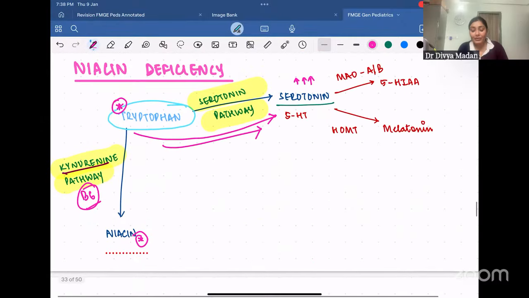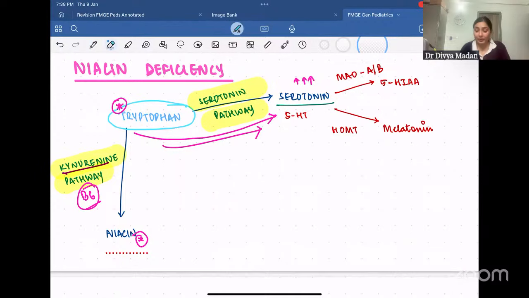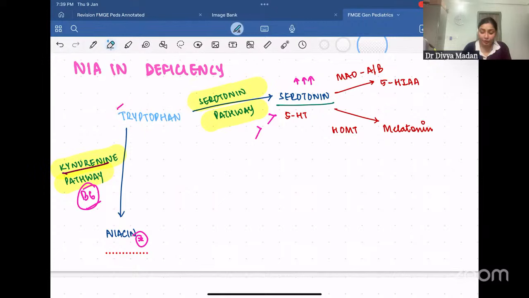This niacin deficiency can be caused due to a variety of reasons. If you look at this pathway, this is the biochemistry stem, right? Niacin is formed in our body from tryptophan, right? From tryptophan, this niacin is formed by the kynurenine pathway,